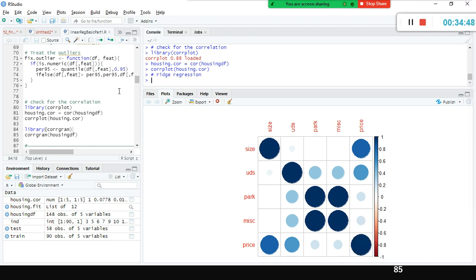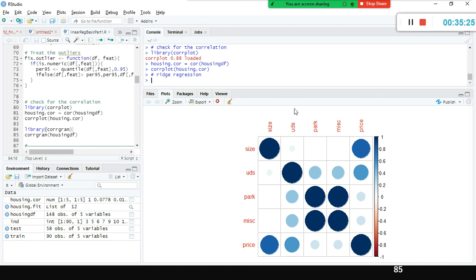Supposing you have another 2 variables which are also collinear, but those two variables are not statistically significant. It will still include them in your model. Let's take the scenario where those two variables are not collinear and also not significant, but it will still retain them in the model.